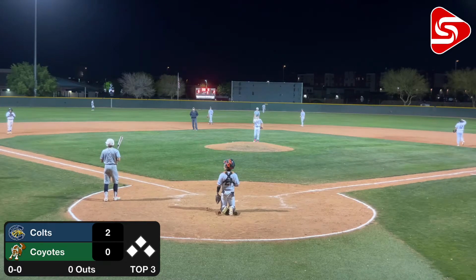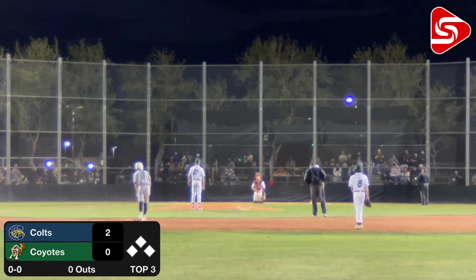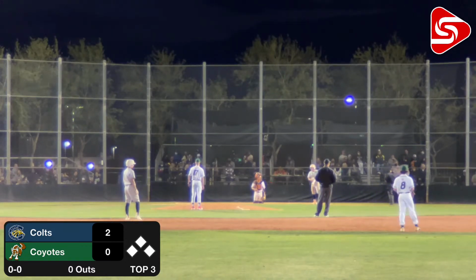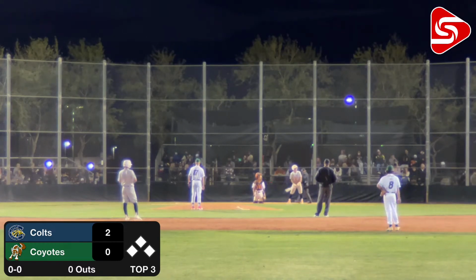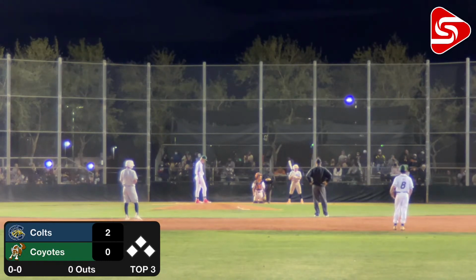And we've got activity heading into the bullpen. That's number 15, Jake King, going to the bullpen to get loose. But you got to believe they've already done it. Didn't they already do their mound visit? They already have one this inning. So really, you're going to look for your catcher if they do want to take out